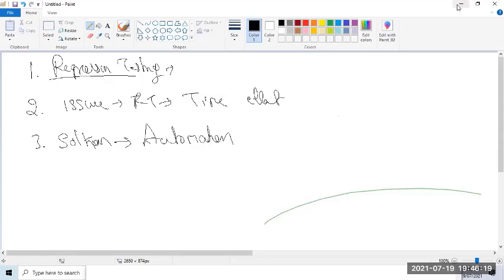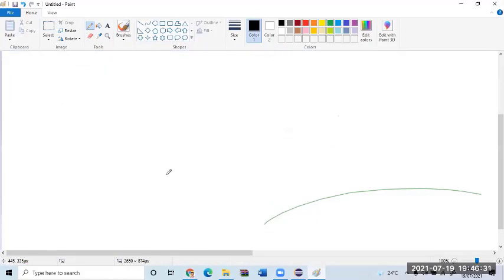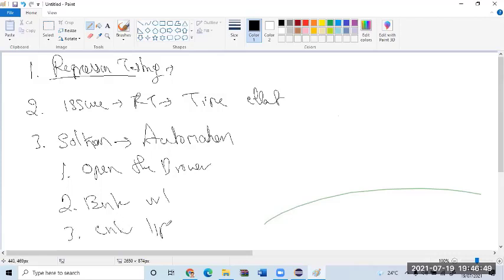Simple. Let us come back now. Assume that somebody is asking you to test Google manually. What is the procedure you are going to follow? Let us quickly document it. Tell me what we do first. First step, open the browser. Second step, enter the URL. Third step, enter the input, username, something. And then you perform the verification. Verify whether it is working or not. This is the typical process. And the last step is to close the browser. Am I right? Yes.